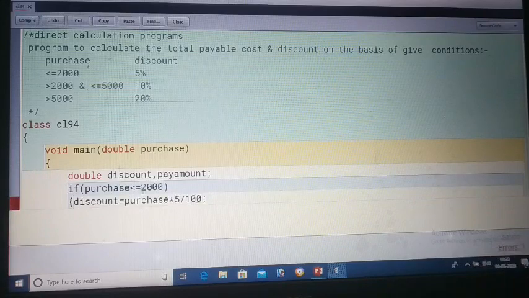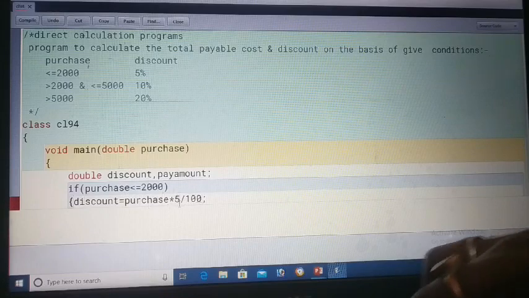See here, suppose you have given a purchase amount of 1000. So 1000 is less than 2000. That's why control will come here and calculate this way.